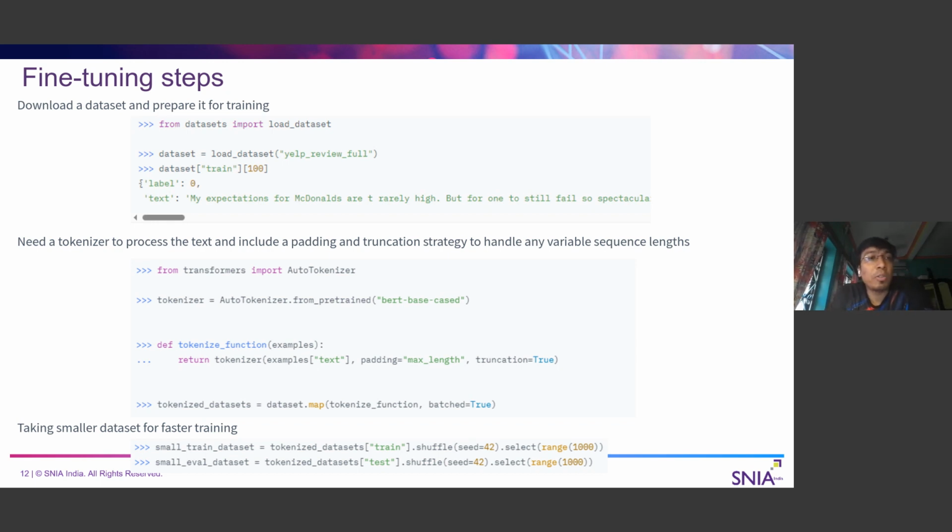Okay, so now we will try to understand on a high level what the fine-tuning steps are. Here we will get a better idea of what a trainer class is. To start with the fine-tuning step, obviously you need data and a base model, and then we'll try to fine-tune that model with that data, because the pre-trained model is already trained, and now we have some custom data that we want to